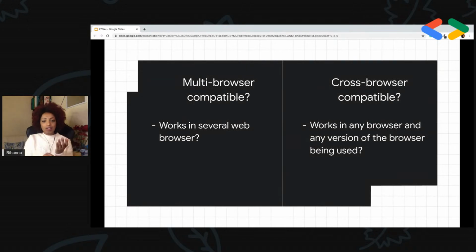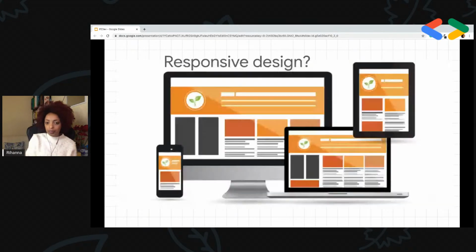So beyond the basics of the language syntax, the next step is knowing multi-browser and cross-browser compatibility. Of course, it should work in every browser in the world, and at the same time it should also work in every version of the browser that is present.